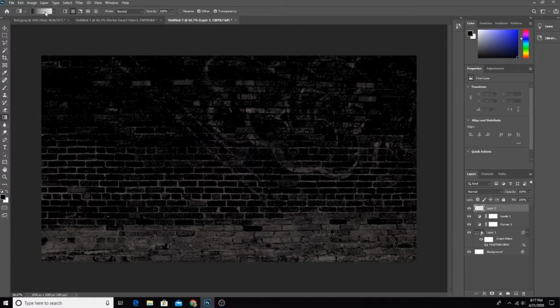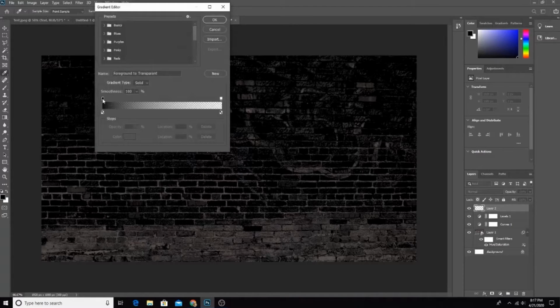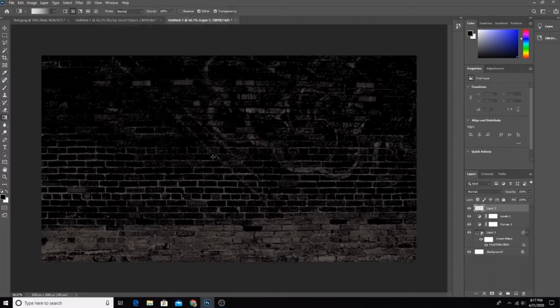So how we do that is we're just going to simply flip them like so. There's probably an easier way to do this, but this is always how I've done it, and it just works. Okay, so now we're going to drag from the center out. You can hold Shift,